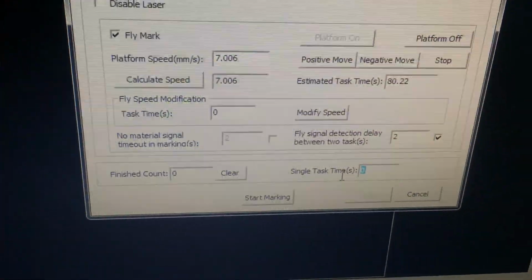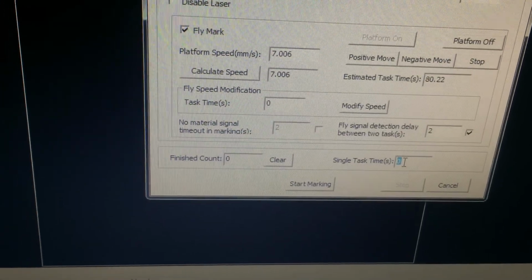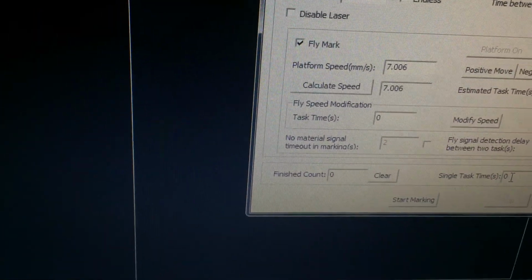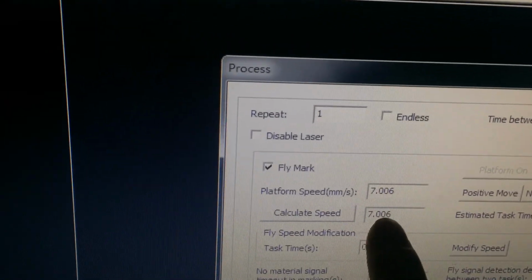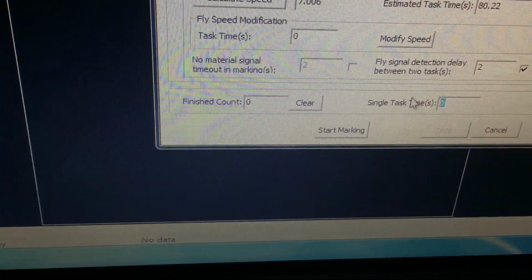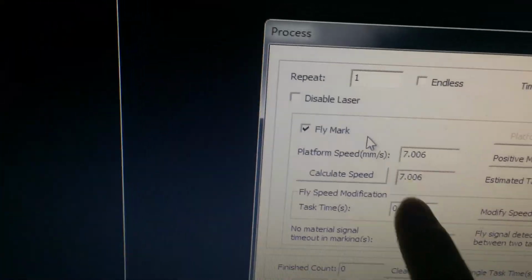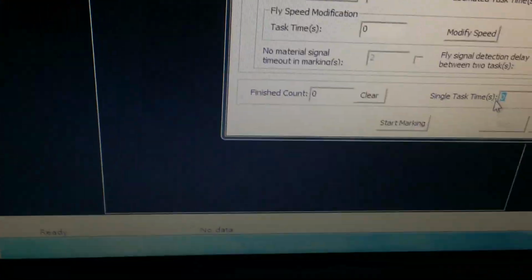Once you finish, here where it comes to a single task time. This is the real finish time. Sometimes you may find that the times is a little different. For example, this here, the calculated speed is 7 millimeters per second. But here, the real finish time maybe could be